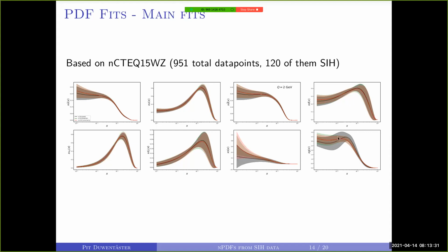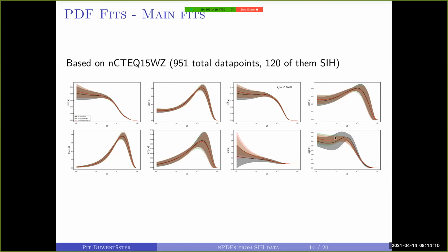Or I should mention what the red and green are. Red is the fit without the DSS uncertainties included in the data, and green is with these uncertainties included in the data. So of course the red band will always be a bit smaller, but it actually doesn't make that much of a difference. And something we see right here is the strange gets enhanced quite a bit, even though if you remember back in slide 3, the single inclusive hadrons are actually not sensitive at all to strange. So this is actually the impact of the WZ data, given the changed gluon shape from the single inclusive hadron